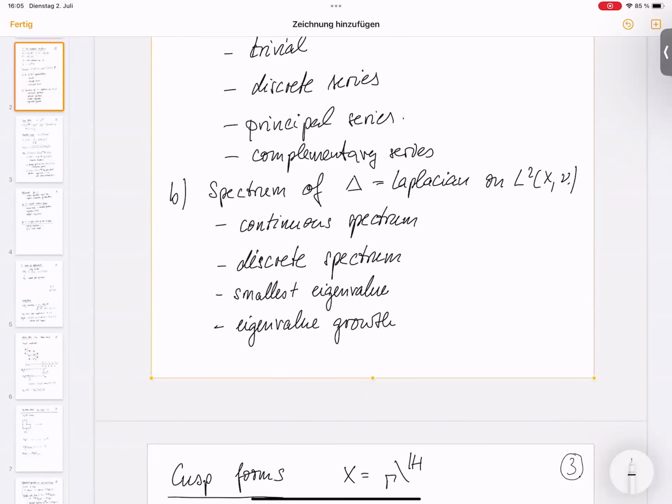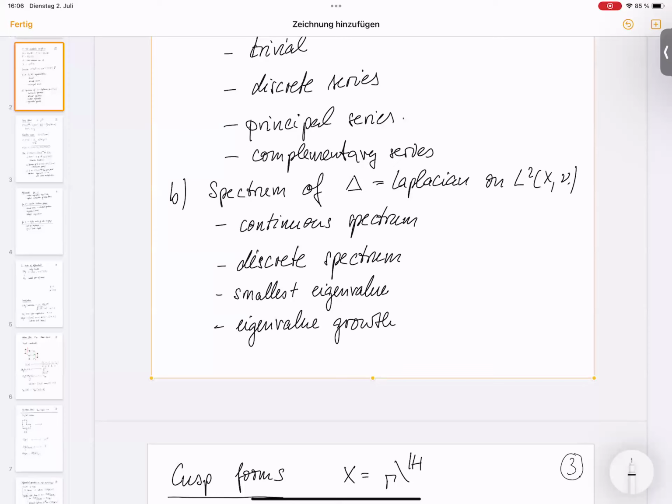On the other hand, you can also say I have the Laplacian for the hyperbolic metric on H acting on L2 spaces, and you can ask which subspaces provide continuous spectrum, which provide the discrete spectrum, and then you can ask tons of refined questions, like what is the smallest eigenvalue, how many eigenvalues of the discrete spectrum do you have below a certain range, the eigenvalue growth, and then construct eigenfunctions and so forth. These are much more refined questions than I will be answering for strata,